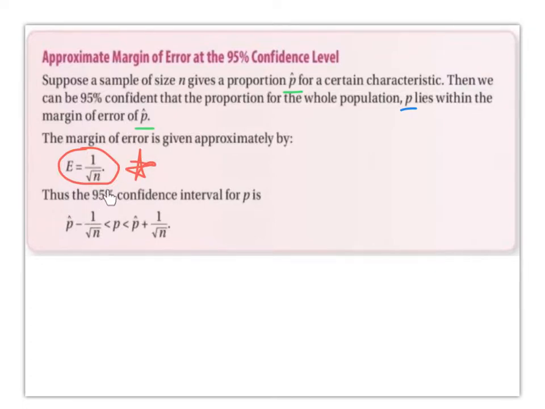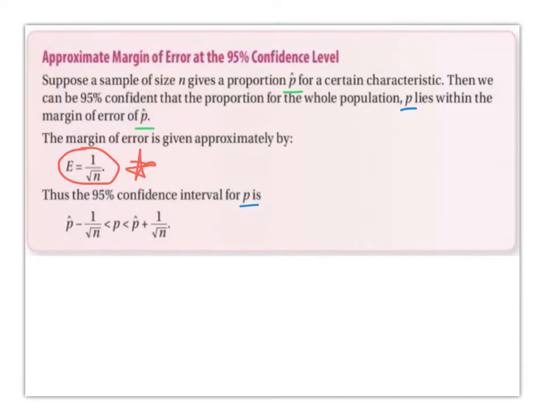Thus, the 95% confidence interval for P, which is the population proportion, is greater than P hat minus 1 over root n, and is less than P hat plus 1 over root n. So P hat being the sample proportion and P being the population proportion. So it's basically the sample proportion minus the margin of error, which is E, and the sample proportion plus the